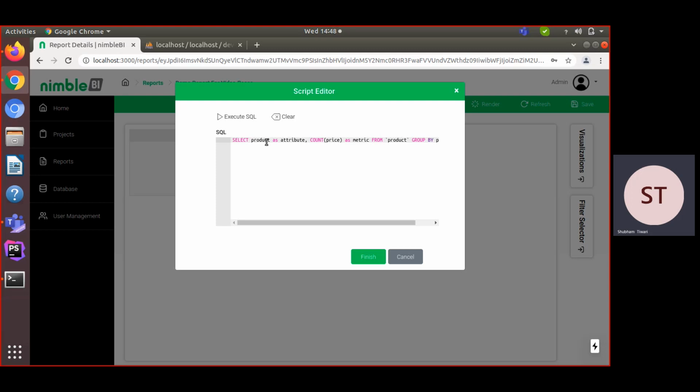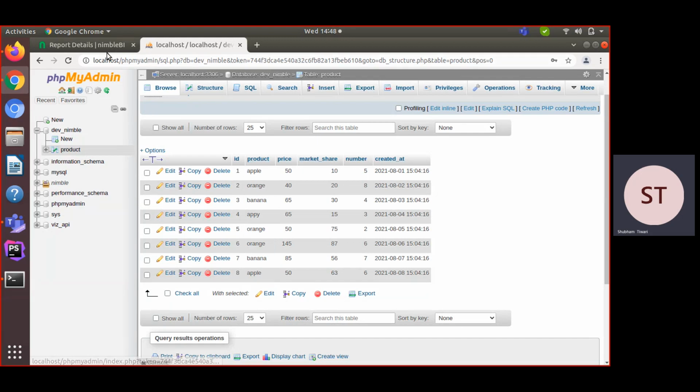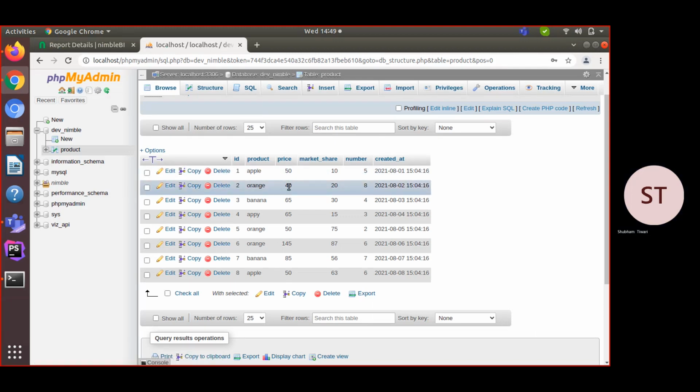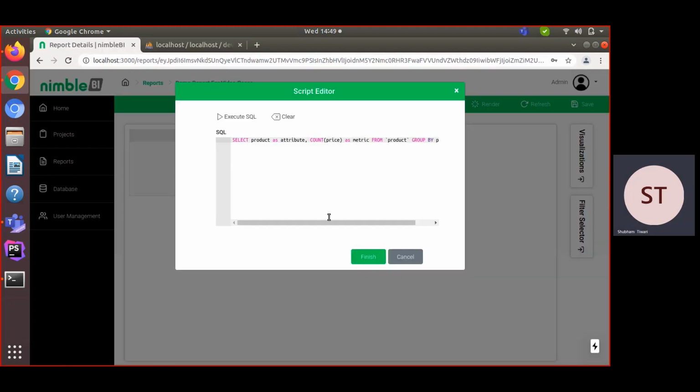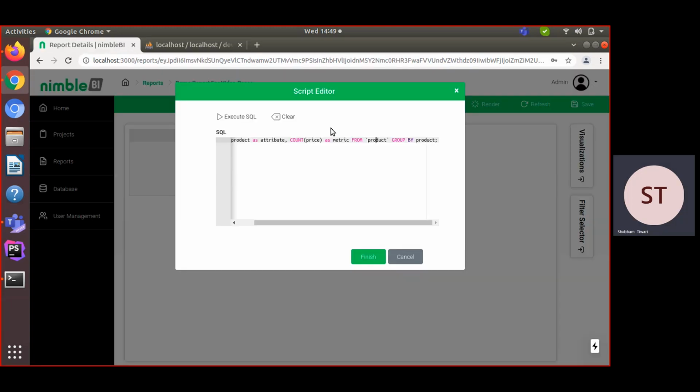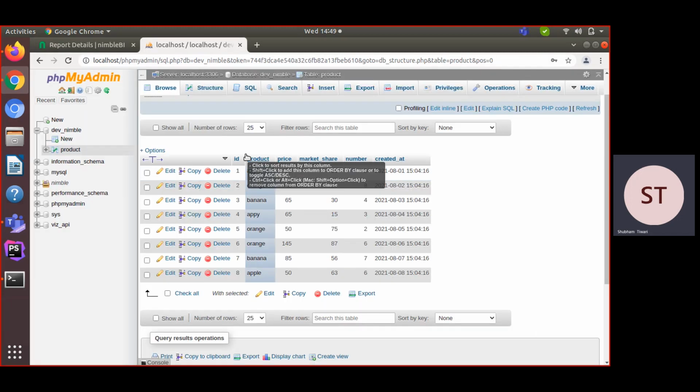Here you can see SELECT product AS attribute, meaning I am targeting this column as our attribute, and COUNT(price) AS metric, meaning I am targeting this column as a metric. After this, FROM product means I am using the product table in this SQL query, and GROUP BY product means I am grouping the results in this table.